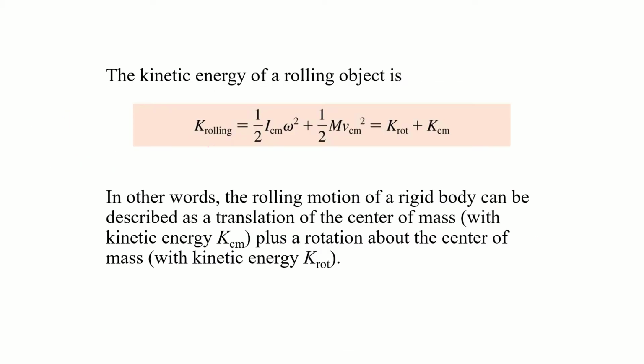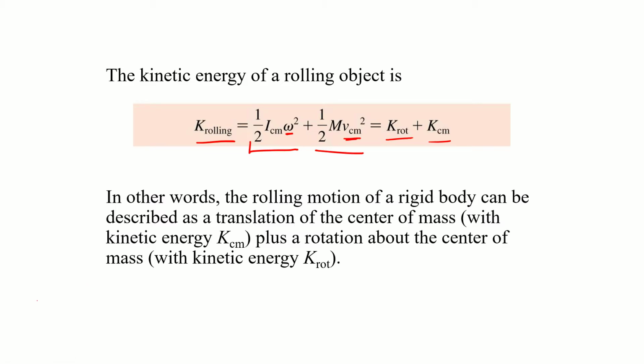So then if we want to look at the kinetic energy of a rolling object that's rolling without slipping, we have the kinetic energy of rotation. We have the translational kinetic energy, which is just 1/2 the total mass times the velocity of the center of mass squared. And we can add those 2 together. But since we know it's rolling without slipping, we can then connect those 2.